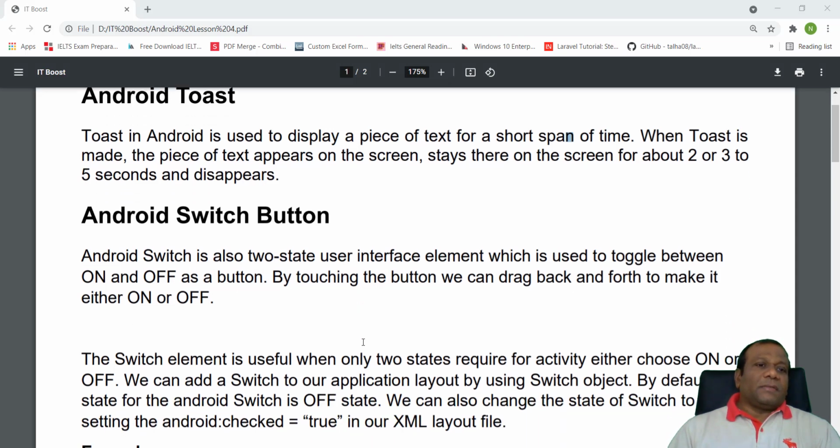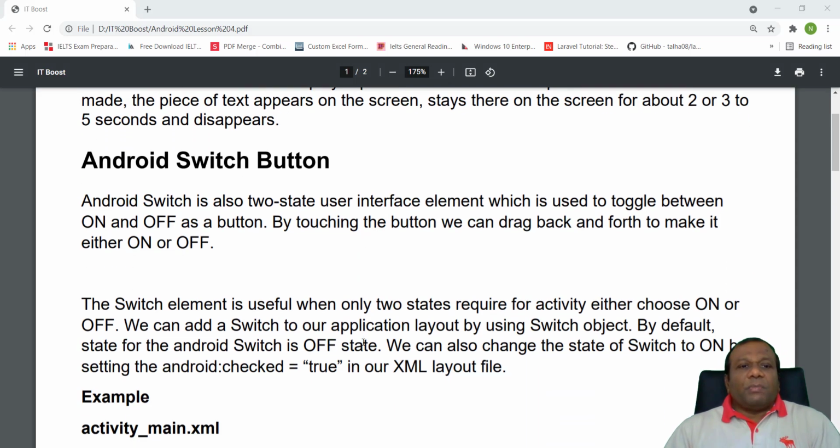Android switch button. The Android switch button is also a two-state user interface element which is used to toggle between on and off as a button. By touching the button, we can drag back and forth to make it either on or off.